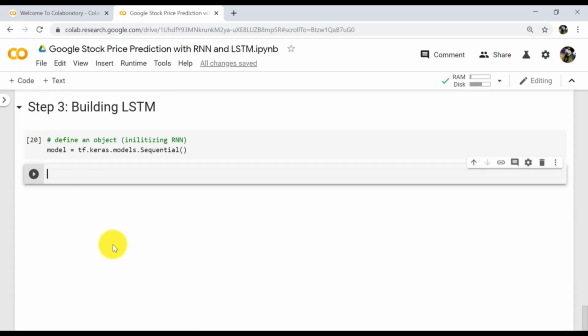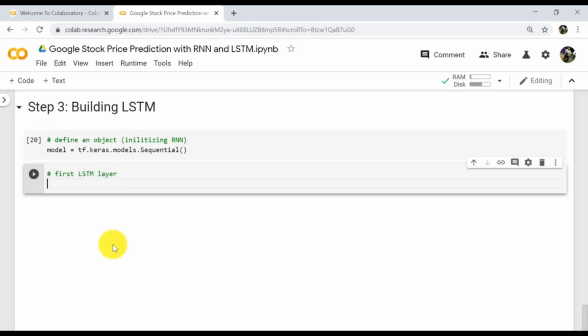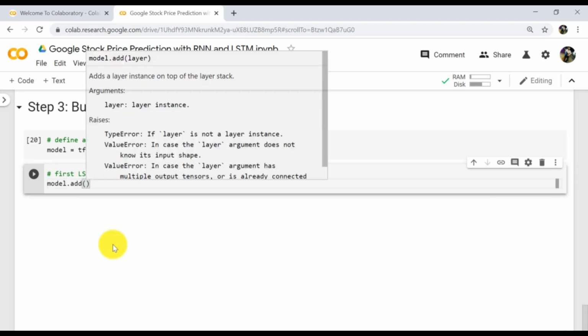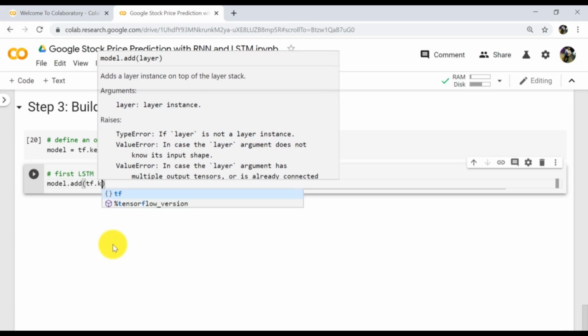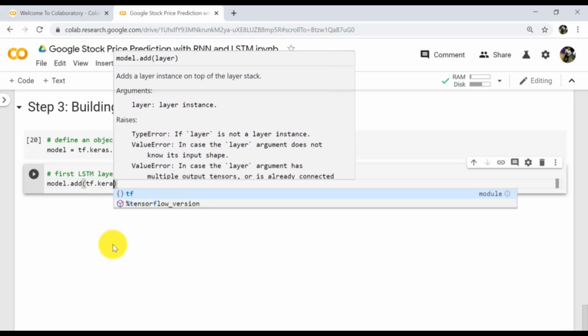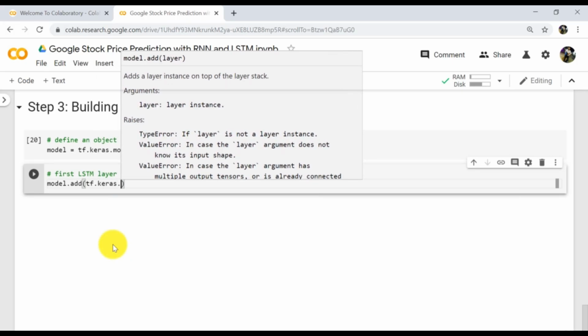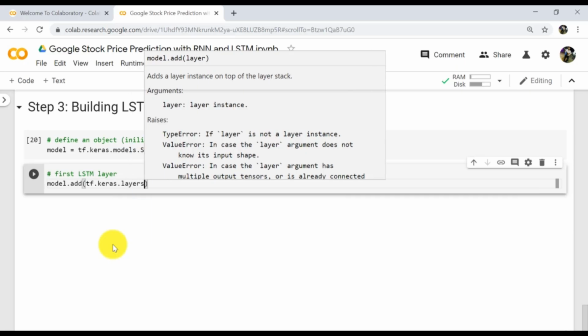After initializing the recurrent neural network, we will add LSTM layers. First LSTM layer. To add the LSTM layer, type model dot add method, in parentheses tf dot keras dot layers dot